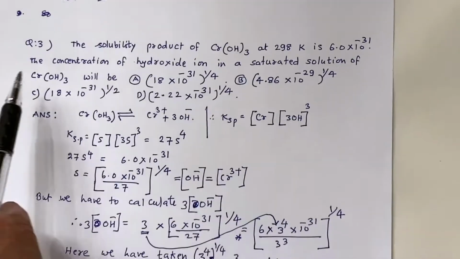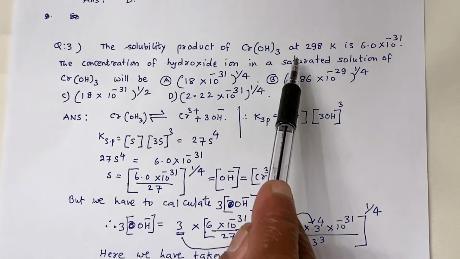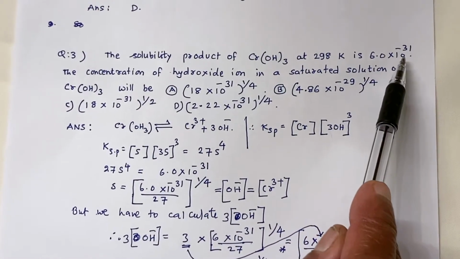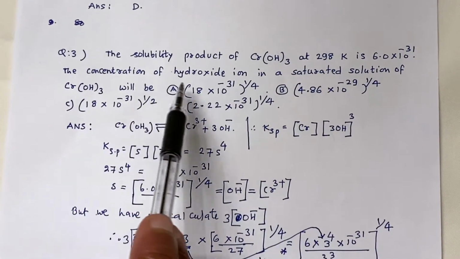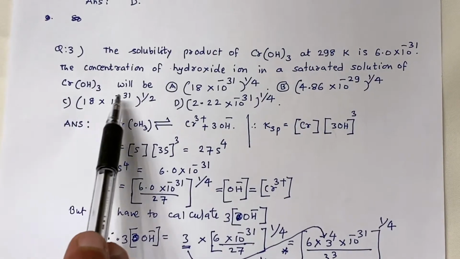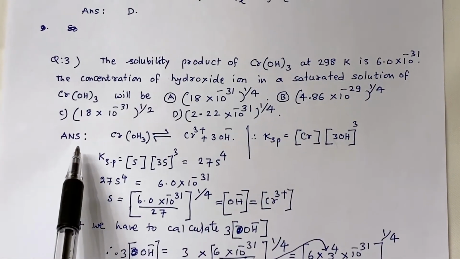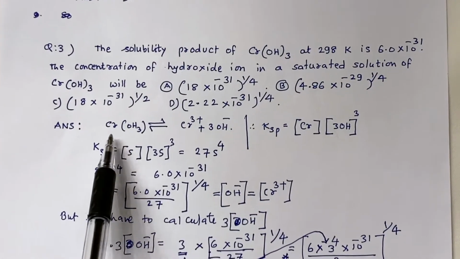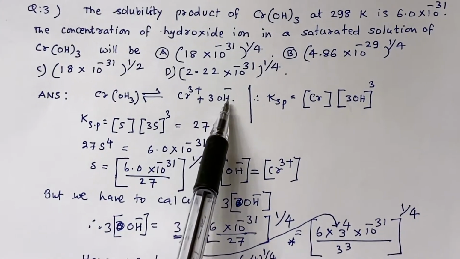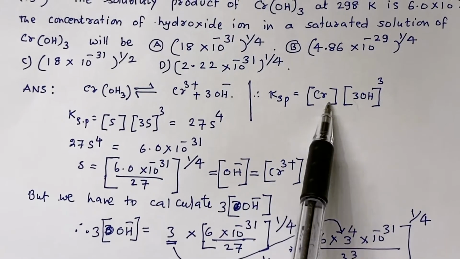So next question, the solubility product of the chromium hydroxide at 298 Kelvin is 6.0 into 10 to the power of minus 31. The concentration of the hydroxide ion in a saturated solution of chromium hydroxide will be. So 4 options given, we have to calculate like this. So chromium hydroxide dissociates into chromium 3 plus ion and 3 hydroxide ions. So Ksp we can write down chromium